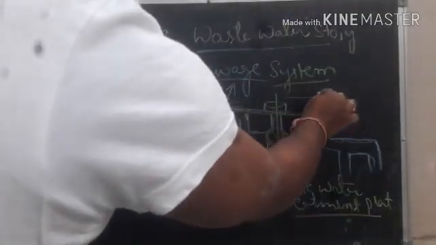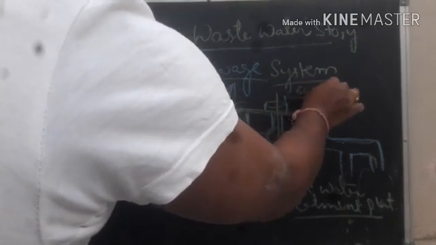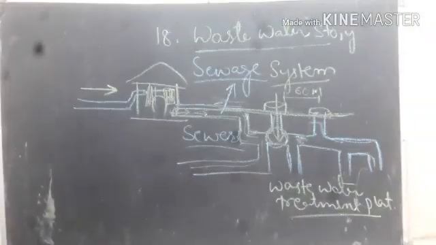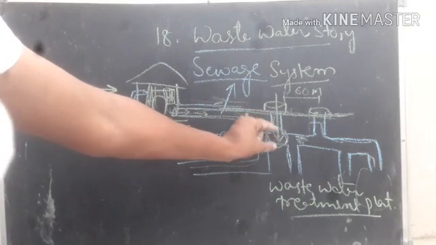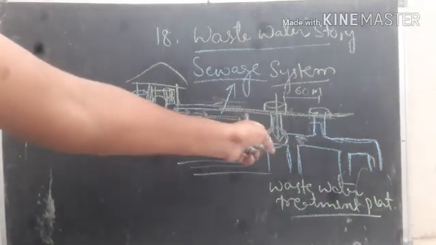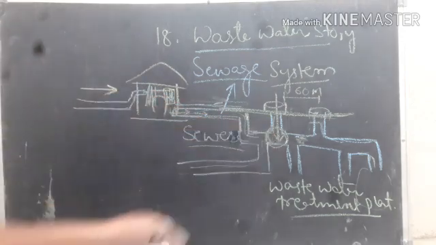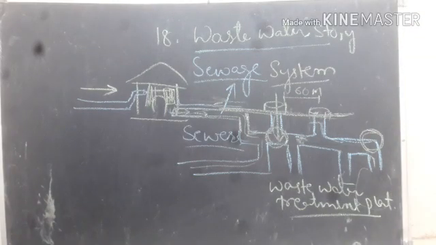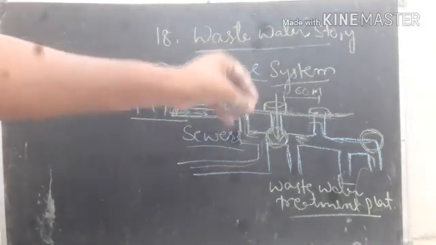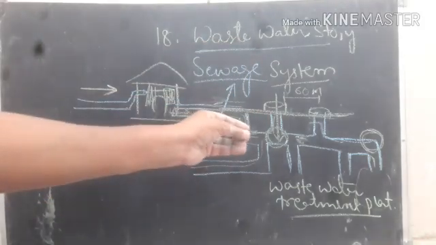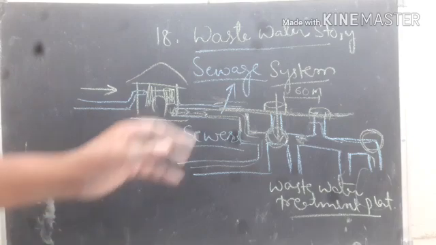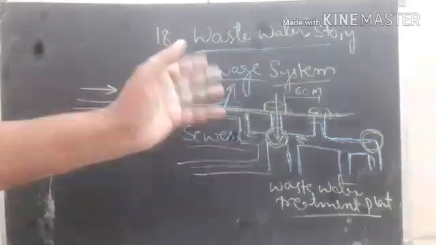Manholes are present at distances of 60 to 70 or 50 to 60 meters. And wherever there is a connection, where pipes are joining together, at that portion also they arrange a manhole. And where the pipe is turning, there also they arrange manholes. Through the manhole we can get into the drainage system and correct the problem, so that the water can easily flow through the drainage system or sewage pipeline or sewerage.